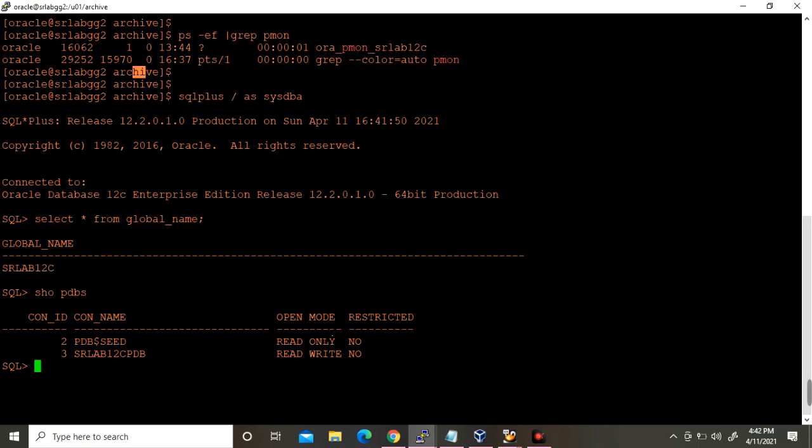A PDB is already running on the target server, the target CDB.